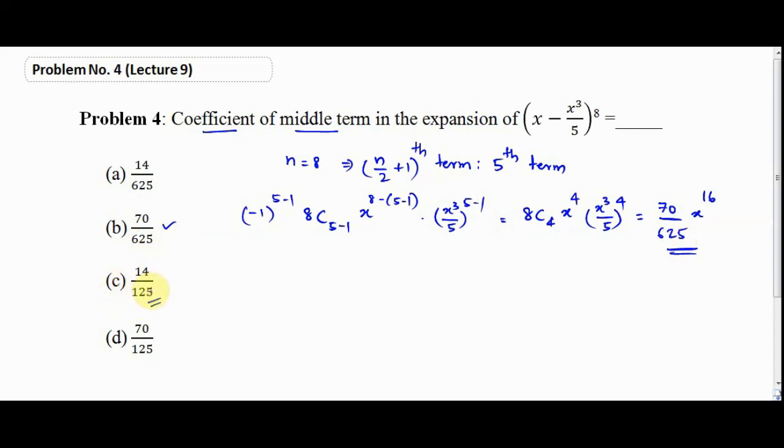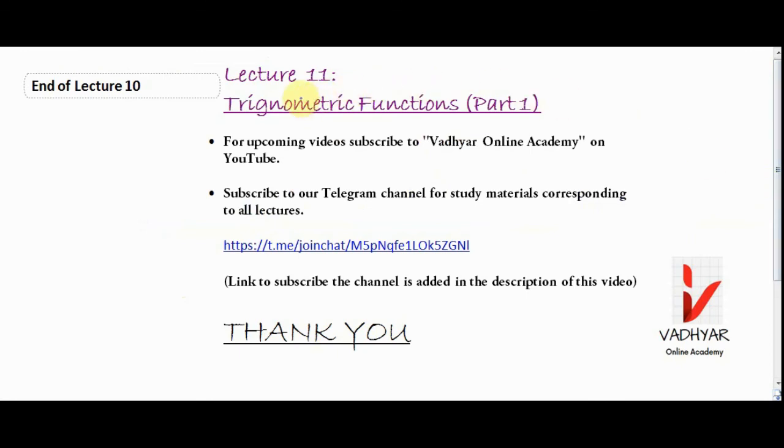With this we are coming to the end of the section on binomial theorem, and in lecture 11 we will